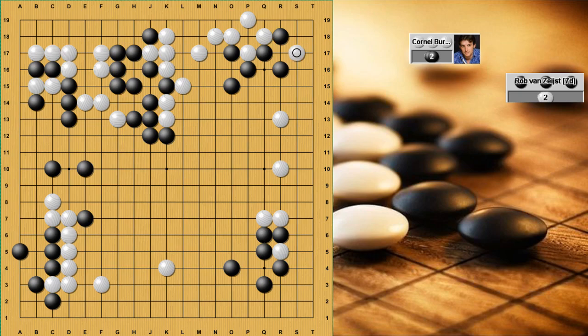But before then, I was like, okay, let's see what happens in the corner. This atari was really appealing. And then we have a little ko fight. That was one of the most critical moments of the game. It's nice to see Black has a fighting spirit and plays this attach. But it doesn't really bother me, because it just gives me solid territory on the right side,